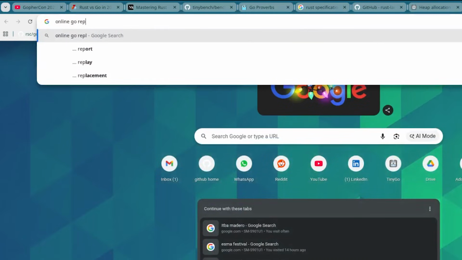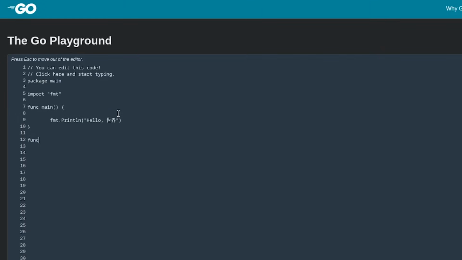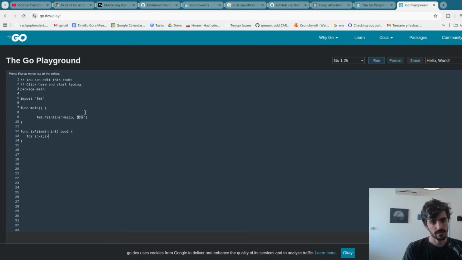In the online Go REPL: func isPrime(n int) bool, right? For i := 2; i < n; i++, if n modulus i is equal to 0, return false, return true.